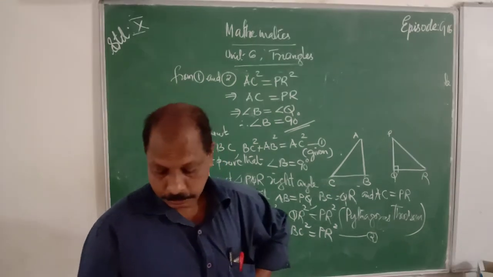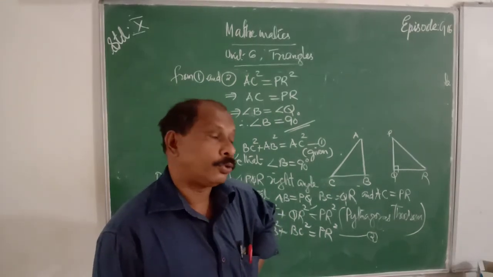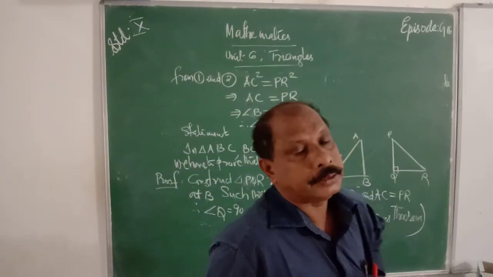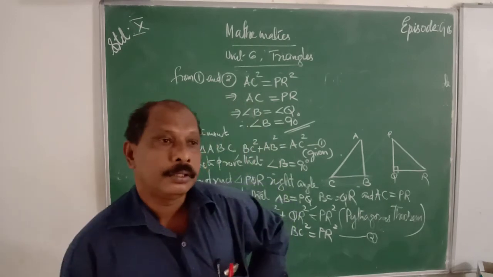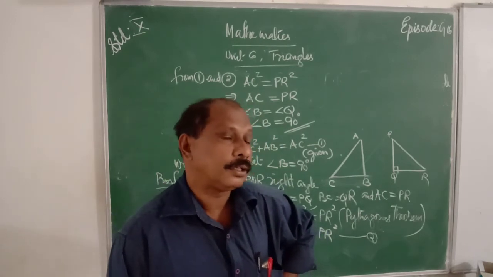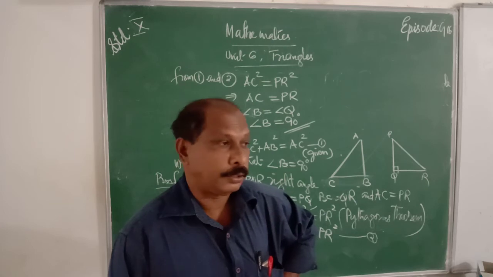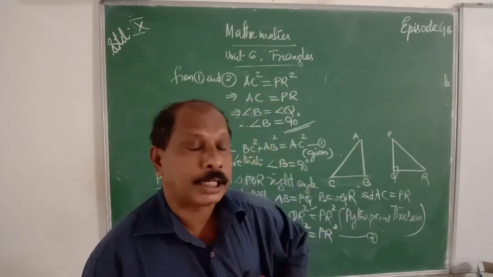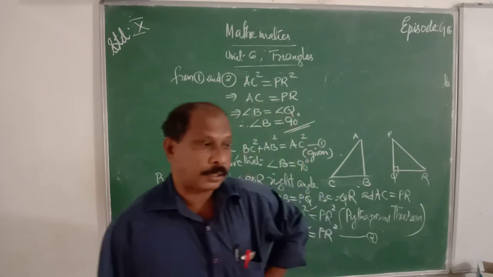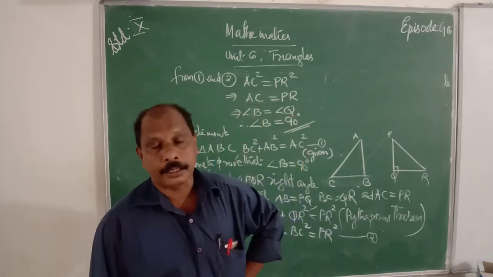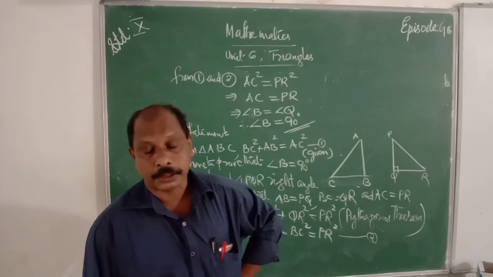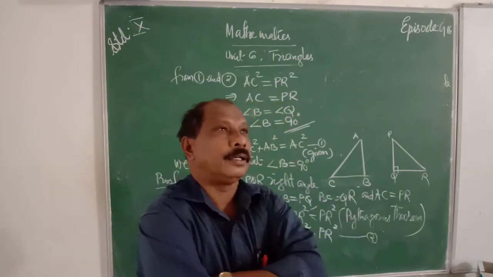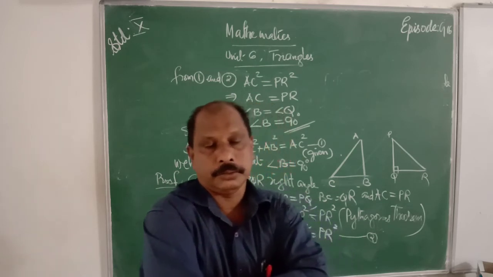Dear students, all the main theorems of that chapter we have closed, or we can discuss them with the proofs. The first theorem is what? It is the basic proportionality theorem. What is the basic proportionality theorem? A line segment joining two sides of a triangle, parallel to the third side, divides the other two sides in a constant ratio.